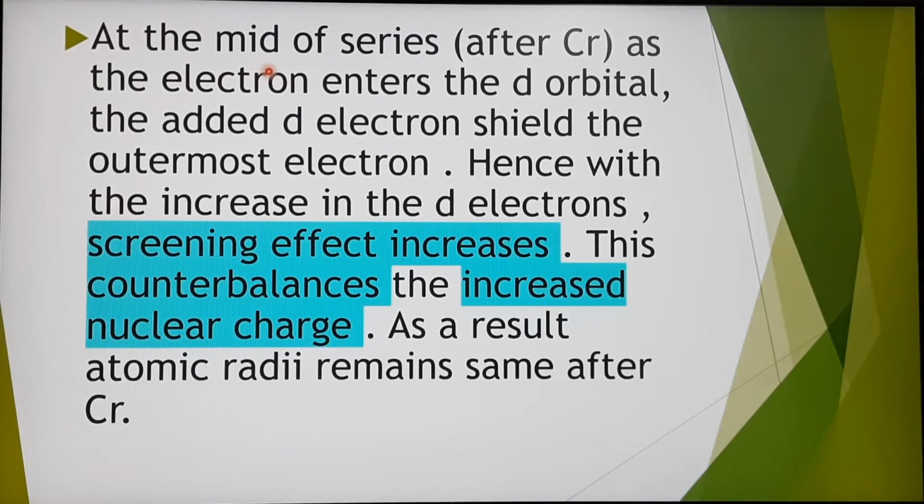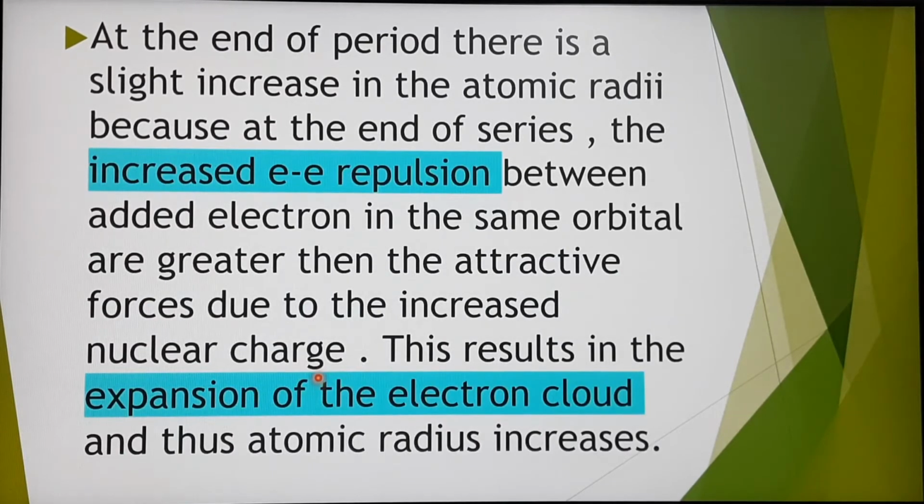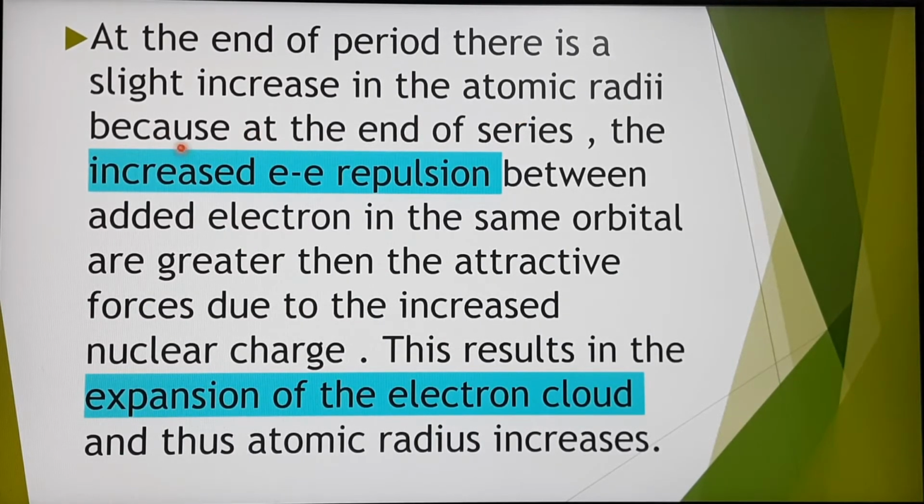The irregular variation in the atomic radii is explained on the basis of the screening effect. Up to chromium, atomic radii decrease because of increasing effective nuclear charge, the trend is general. Now after chromium, successive entry of electrons takes place in the d orbital, hence with the increase of electrons in the d orbital the screening effect increases, and this increased screening effect counterbalances the increased nuclear charge. That's why atomic radii remain the same after chromium,